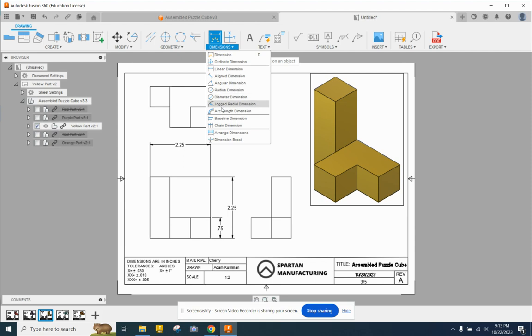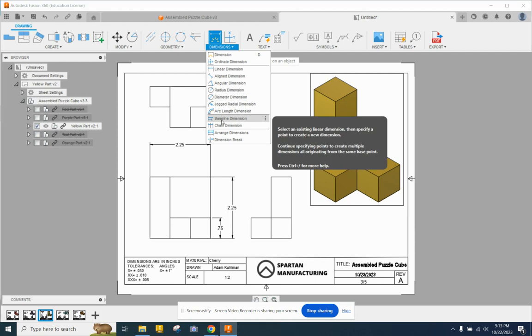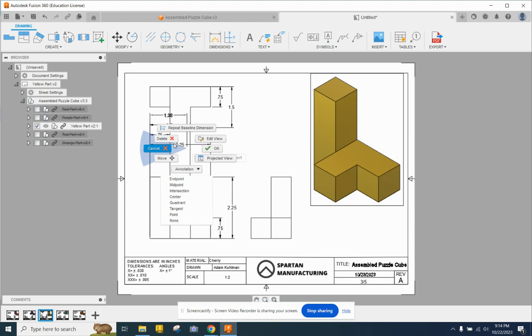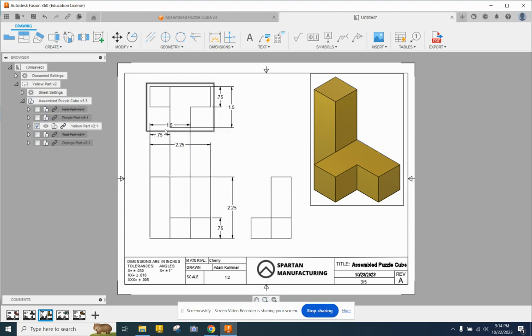Okay. To do that, I'm going to use the baseline dimension tool. I could use the regular dimension tool, but I thought I'd show you this one. So in the baseline dimension tool, it says select a baseline. So I'm going to click this as my base dimension. And then I can come in here and I can start clicking on individual dimensions, to put a few of them out there at once. Whoops. And I forgot the most important part with the baseline tool. I'm going to pick my baseline. Then I'm going to pick the corners I want to measure to. And then when I'm done, I need to right click and then left click on OK, and it'll set my